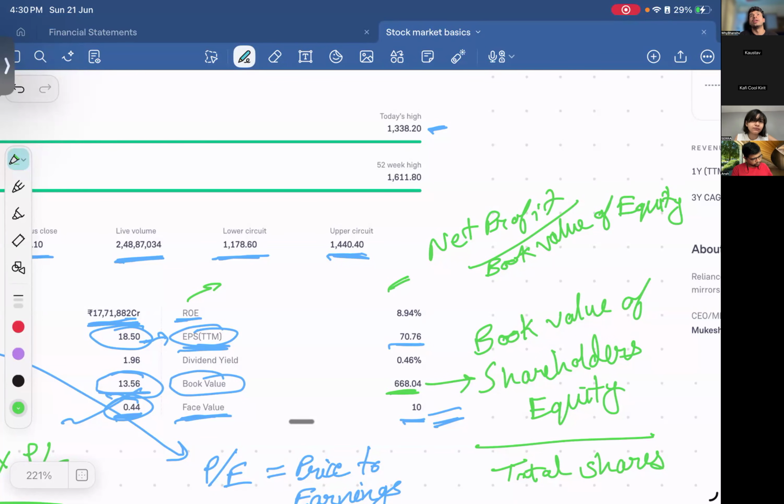Usually, the way I use ROE is to tell me how good an industry is. Different industries have standard ROEs, and you would want a company with a higher return on equity, which is to say, for every unit value of equity, it's giving me a higher return. So in this case, if you look at